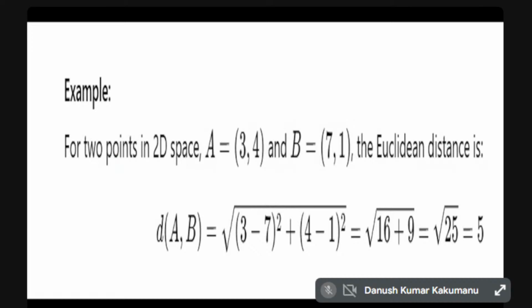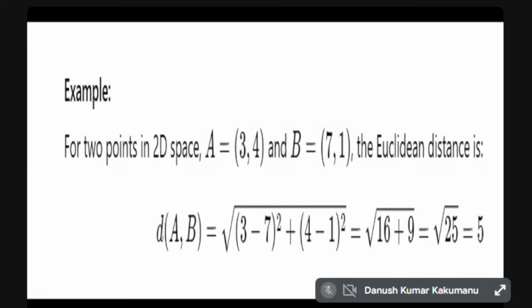Example 2. Find the Euclidean distance between the 3 points, A equal to